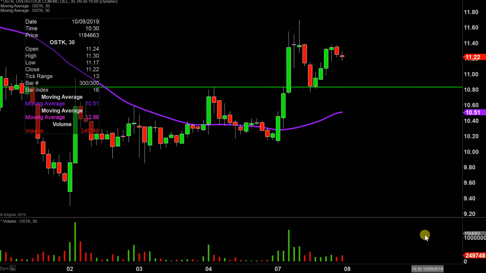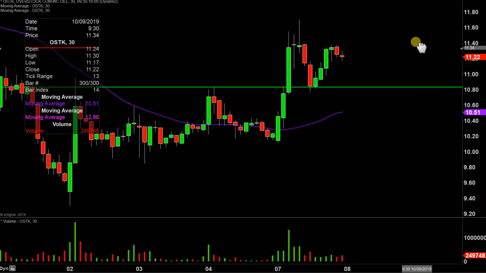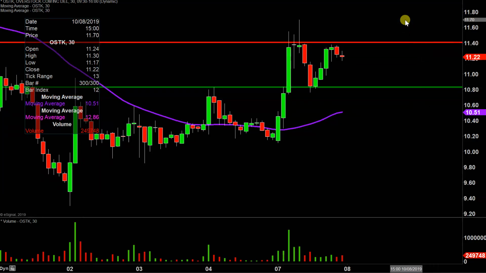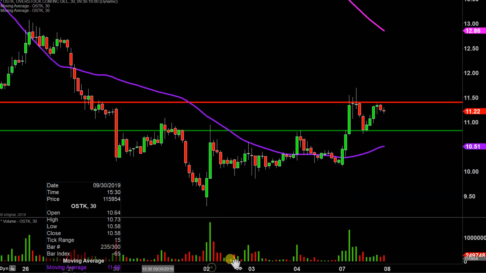Now, what about levels of resistance going forward? Initial level of resistance is going to be right up here at $11.40, and if the price can push up through $11.40, next key overall level,